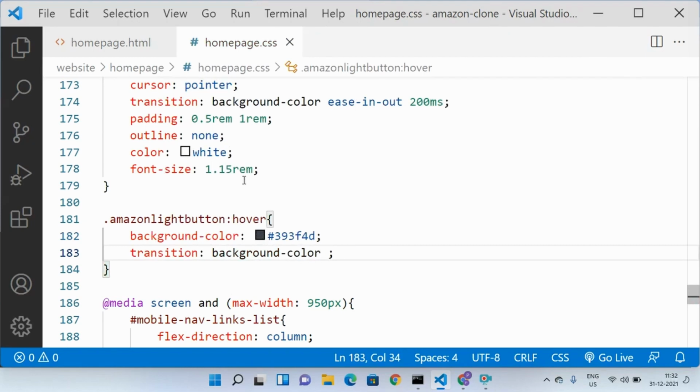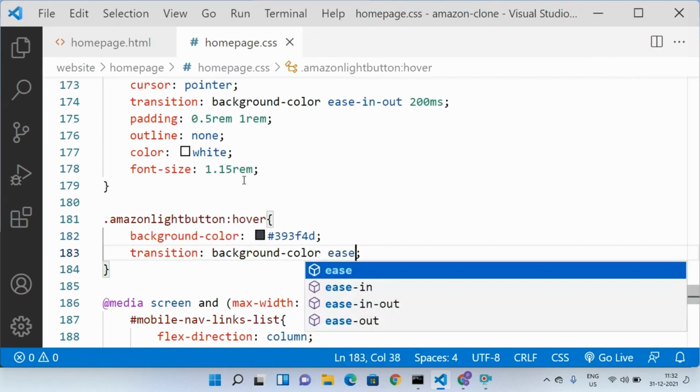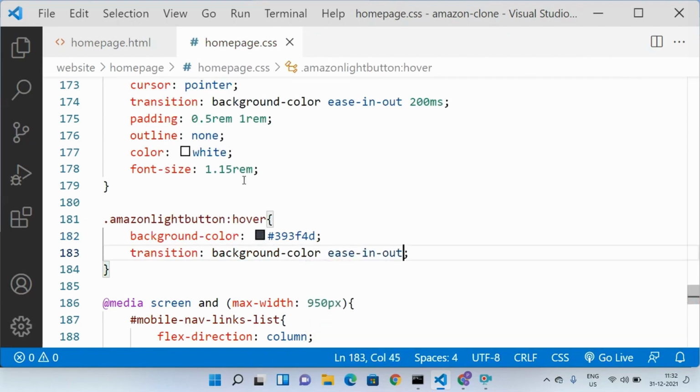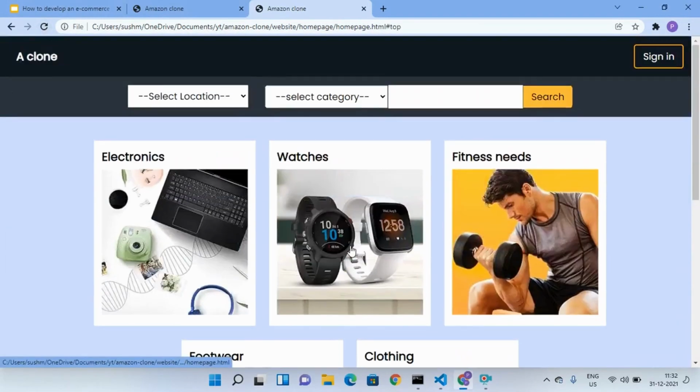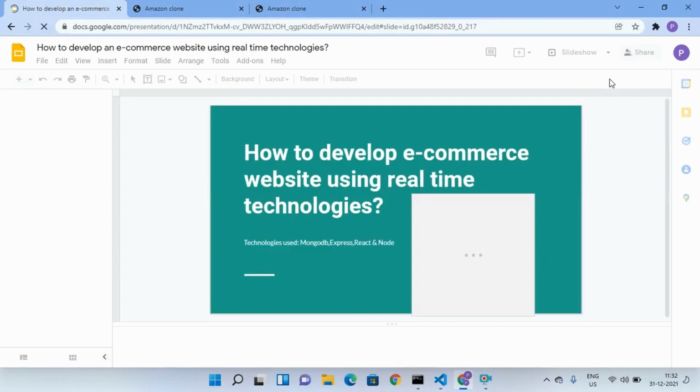Background color ease in out 200 milliseconds. Now we should see back to top button here. So when we click it, it goes here, right? So with this we are done with making homepage for our website.